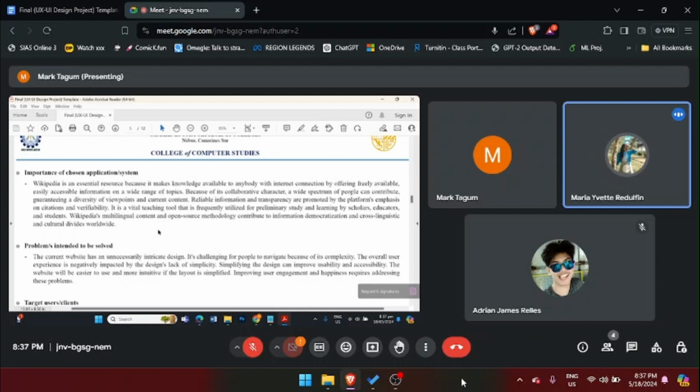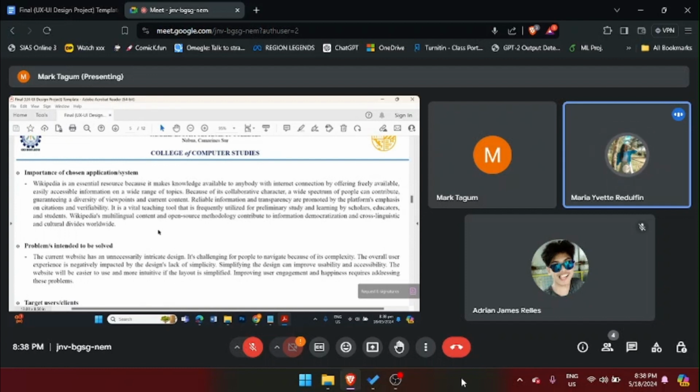Reliable information and transparency are promoted by the platform's emphasis on citation and verifiability. It is a vital teaching tool frequently utilized for preliminary study and learning by scholars, educators, and students. Wikipedia's multilingual content and open source methodology contribute to the democratization of information and bridge cross-linguistic and cultural divides worldwide.